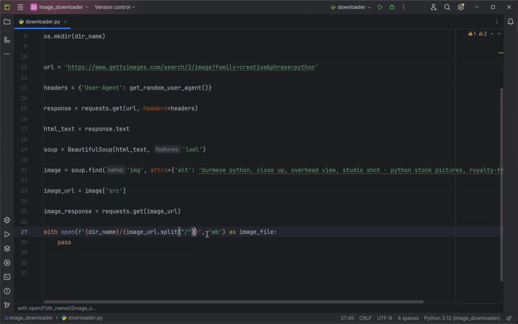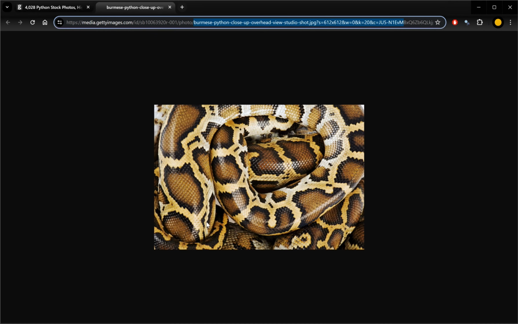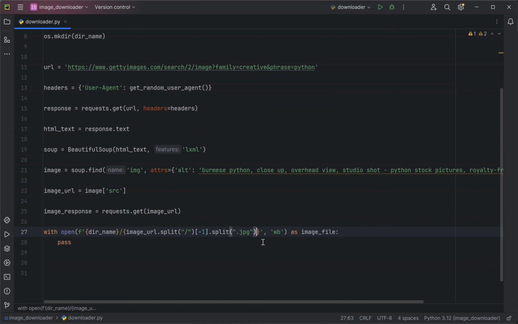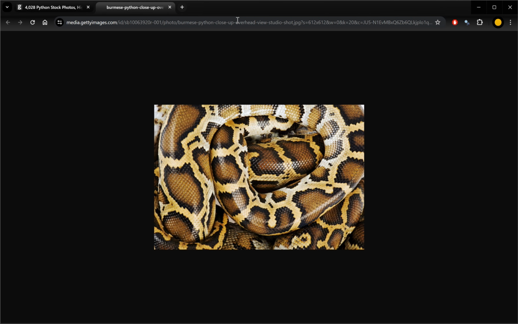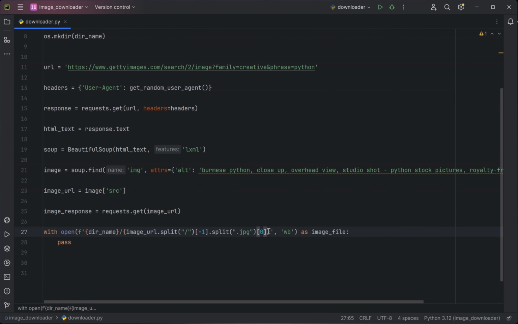Actually we do not get it yet. We are going to take the last item from it. Now I will split this last item using the .jpg. If I take the first item of it, now I got this one without the .jpg part in here, so I'm going to add this myself,